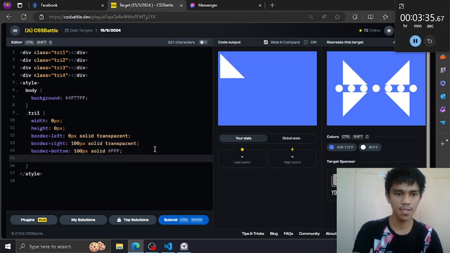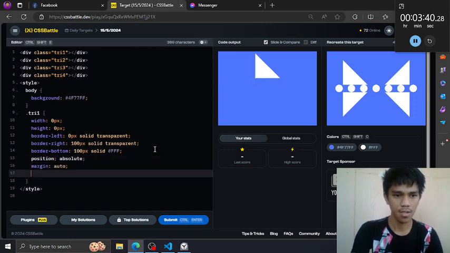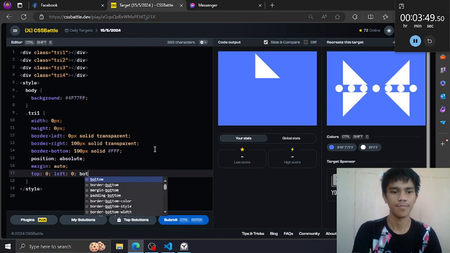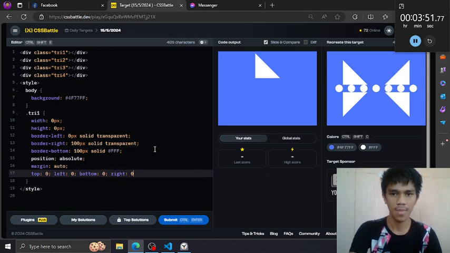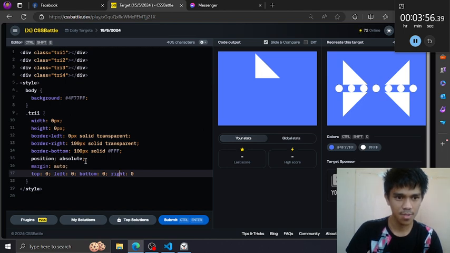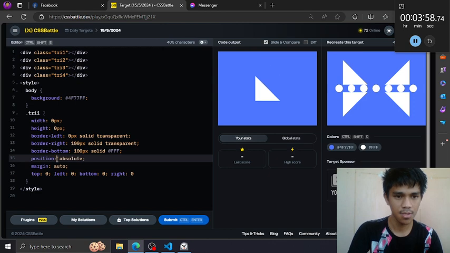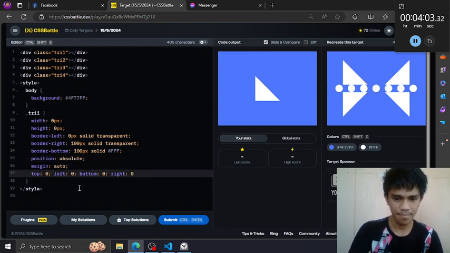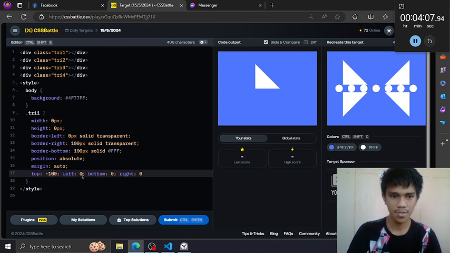Then make this center, position colon, and adjust this to the top and to the left.